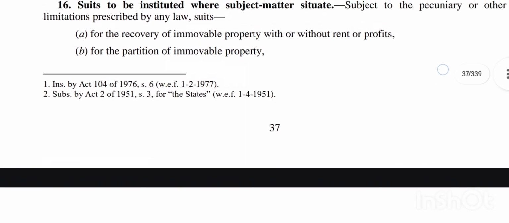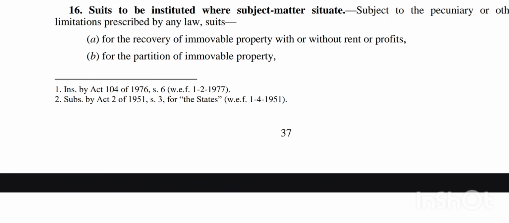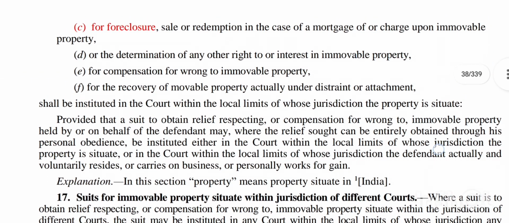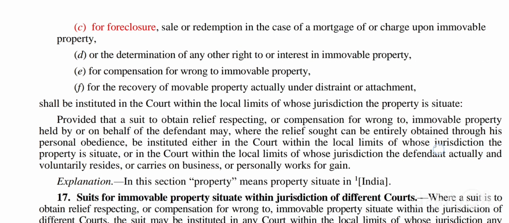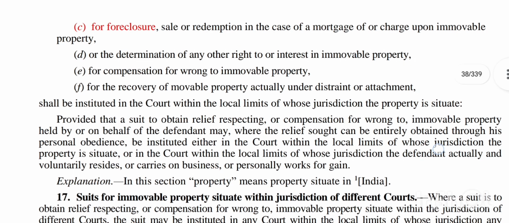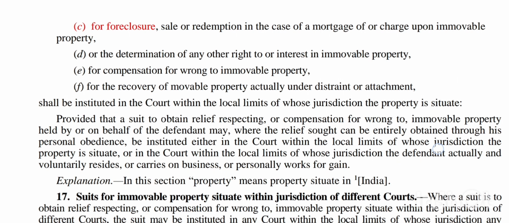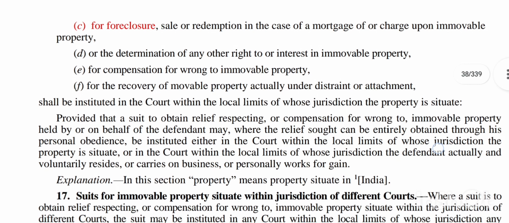suits for the claim for the recovery of immovable property with or without rents or profit. Second is for the partition of immovable property. The third is for foreclosure, sale or redemption in the case of mortgage or charge upon immovable property. Fourth is for the determination of any other right to or interest in immovable property. Fifth is for compensation for wrong to immovable property. The sixth and last one is for the recovery of movable property